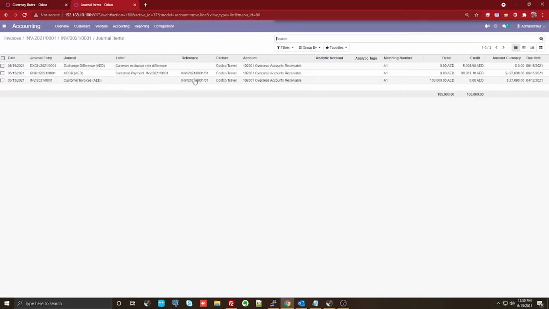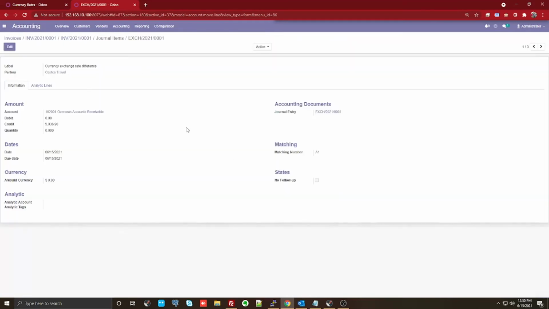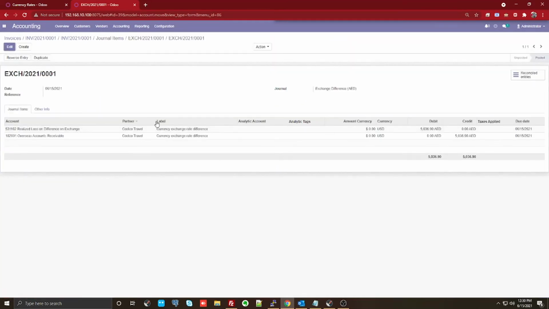So your invoice values here, your payment values here, whatever additional gain or whatever loss we are getting, it is getting mapped automatically into your exchange journal, and it is marked as what exactly is your loss on difference. So this is how exactly your system would be taking care of your exchange variations.